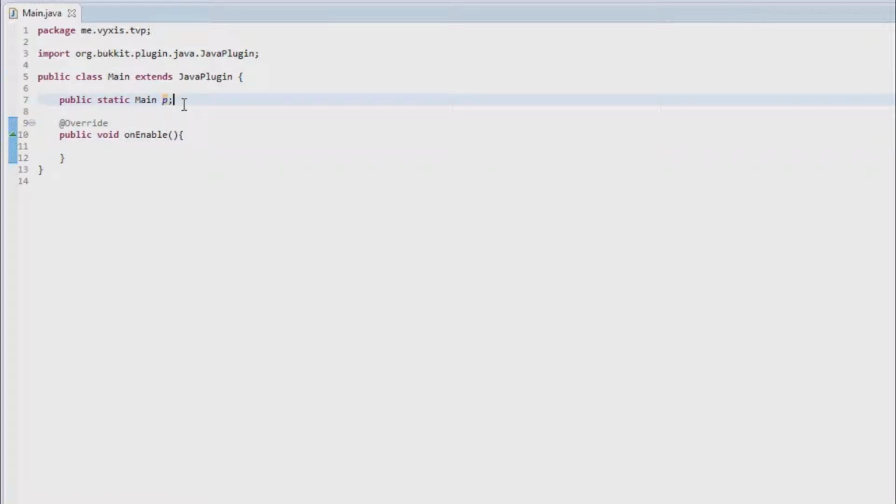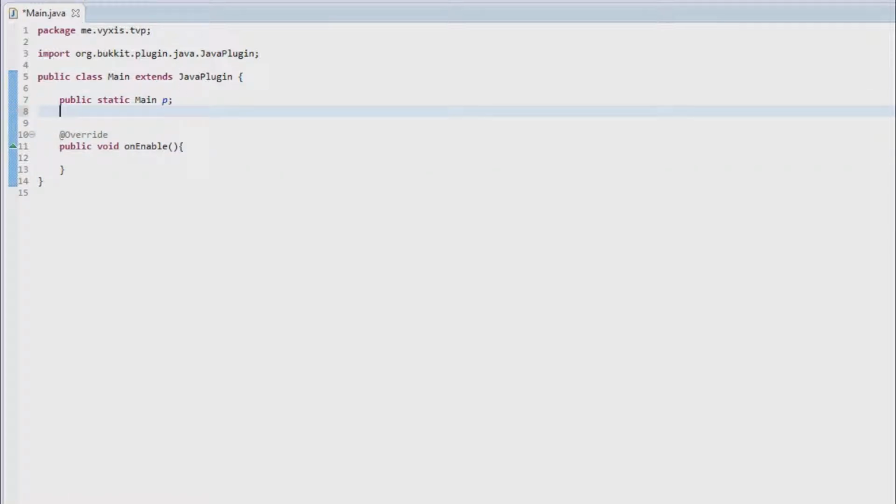So after that, we need to actually have a logger, and this logger actually eases it up to print stuff in the console. So if you have something like MC admin or something like that, or just a console on your screen, you can see if your plugin is actually enabled or disabled, who actually starts a command. So let's put this logger in. So public logger log is